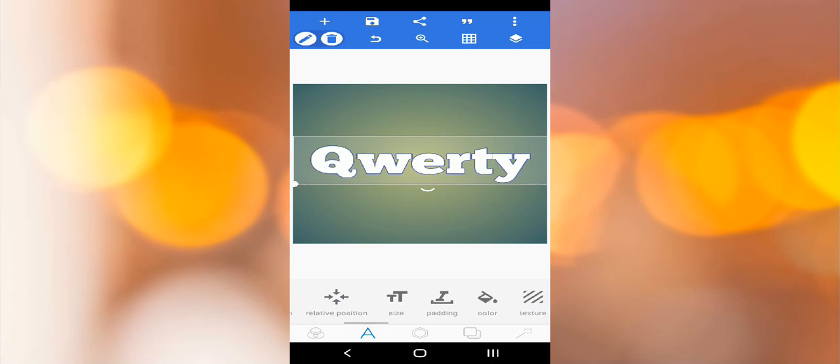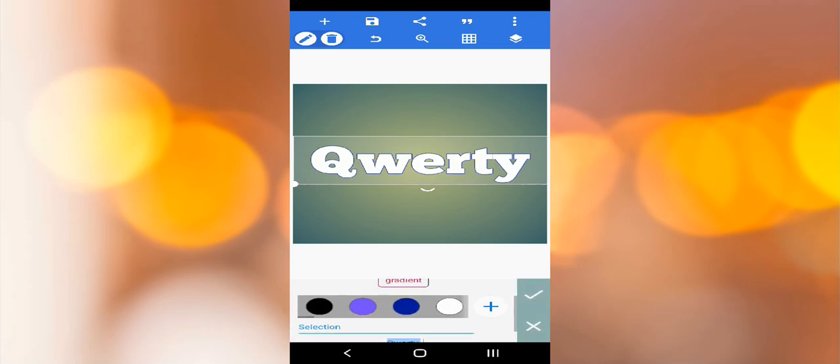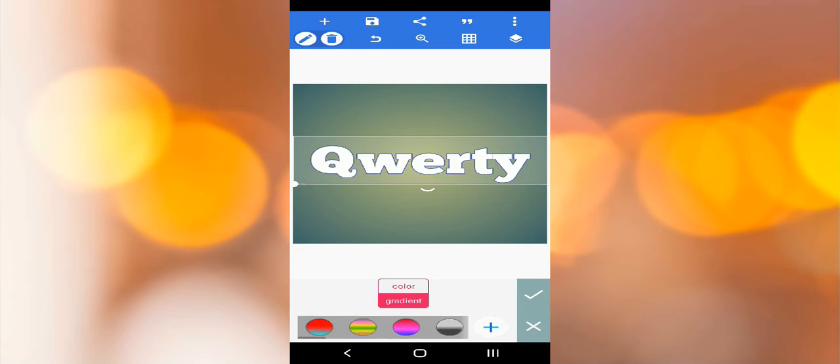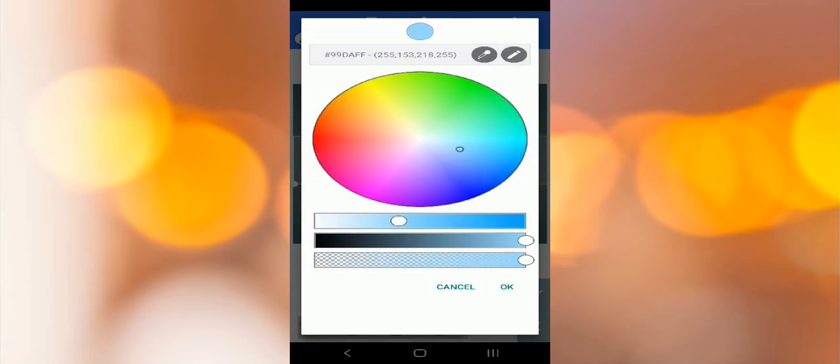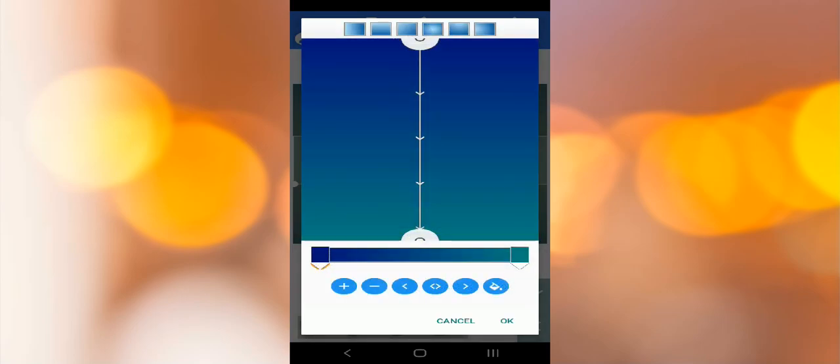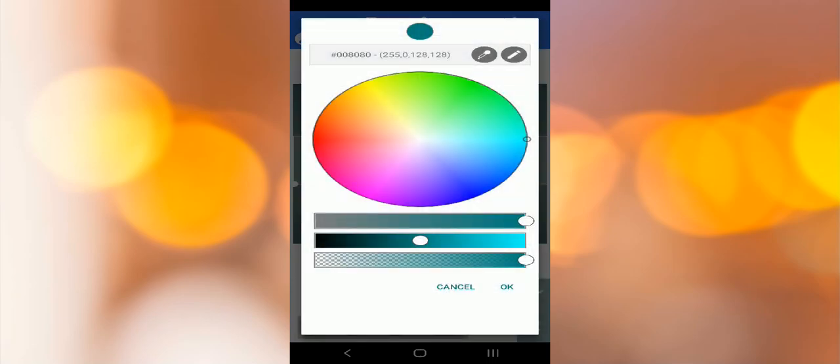Then let's go to color, and then we go to gradient, and then we get this one, and then we add in order to get a multiple color font. So we then go here to select a color. Now take blue for this moment, blue, black. Okay, so after that, I select this one, I go to color, and then